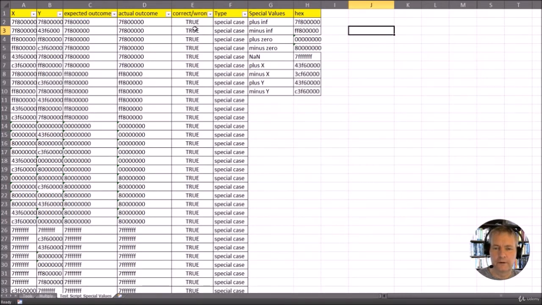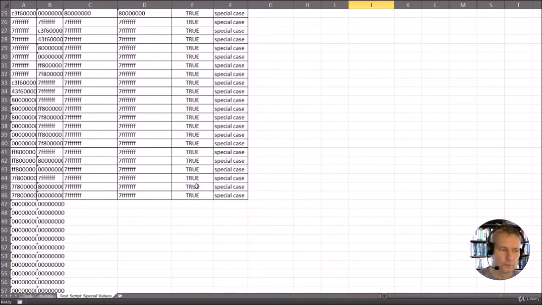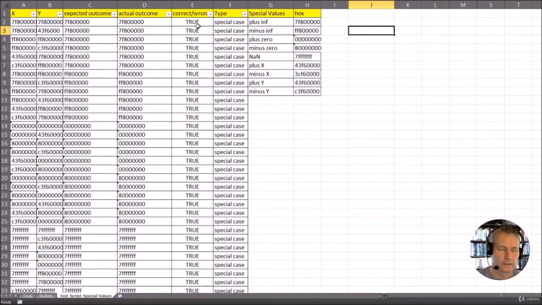And you can see that when I've worked through it, there were a couple of mistakes I had to fix, but I have fixed them, and these are all true. So all the values are correct. So in order to run through this automatically, what I've done is,